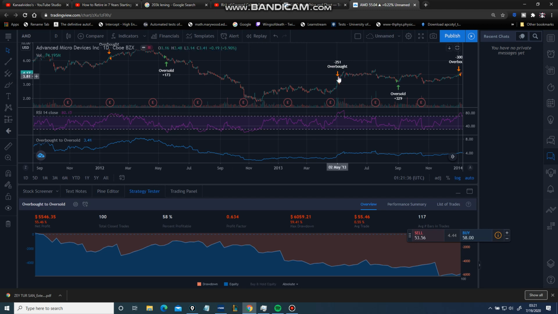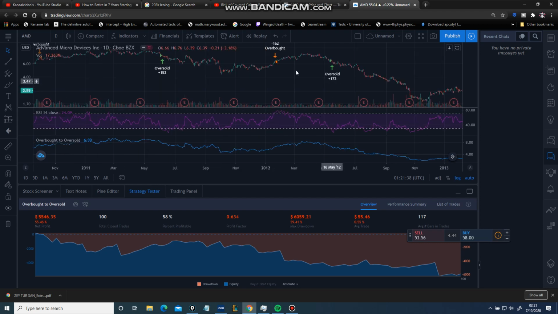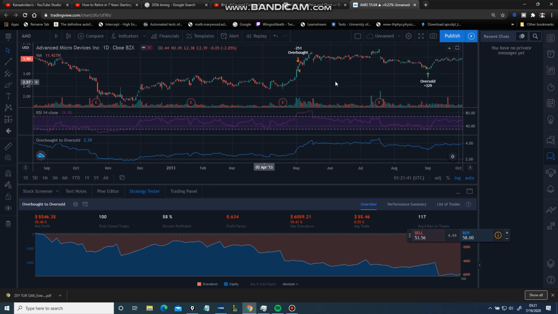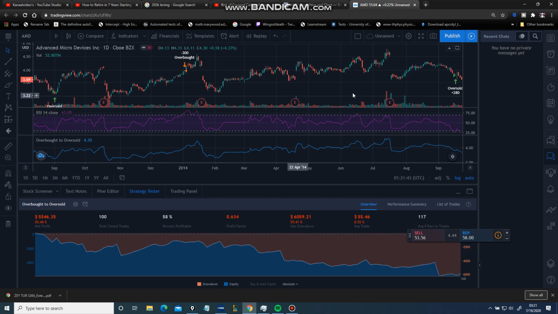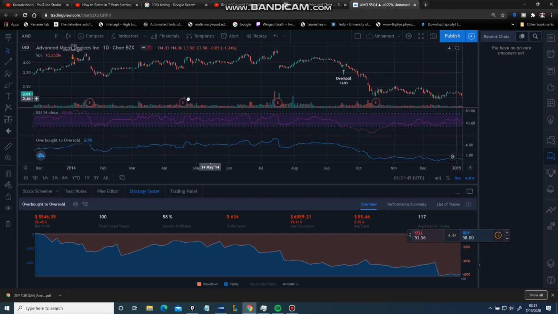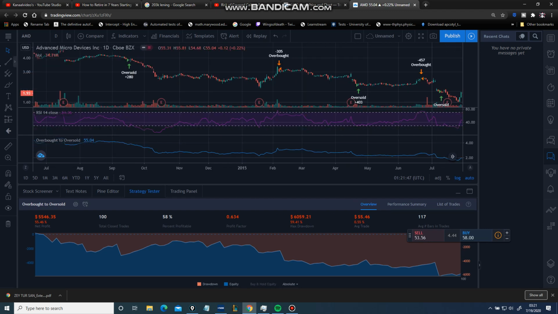But this is just an extra little bit of sugar that might be able to be used as easy exits, or as an extra reason to enter now. So let's say you're long on something, you might use overbought to say, well, I'll hold off on it for now and hope that it reaches, and maybe pass up on the opportunity if it doesn't. If it's oversold, you might say, well, yeah, I'll do it now, right? So you use it as an extra reason. Yeah, I'll enter now. Let's do it now. We'll do it live, right?